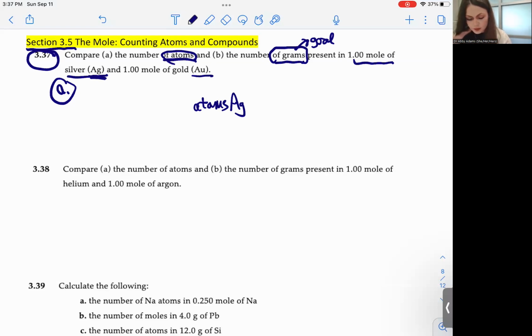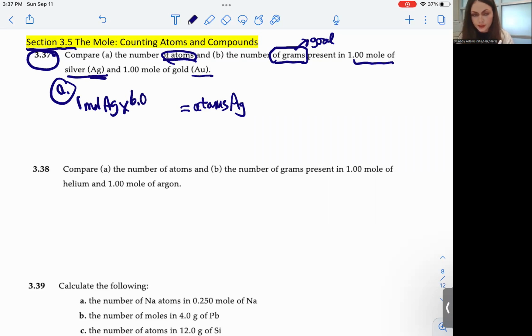All right, so I'm going to show you what we can do. We want atoms, and we have moles. If we have moles and we want atoms, well, what can we use? We can use Avogadro's number. You know, thank goodness for Avogadro. So you have 1 mole of Ag, which is silver. All right. So you can multiply by